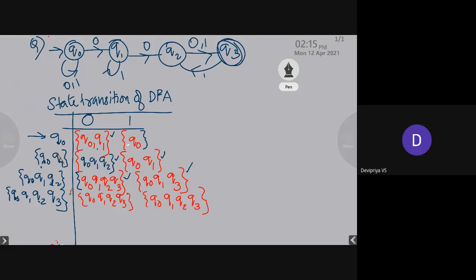So the states can be obtained from the given diagram. Q0, Q1, Q2, Q3, we have already taken the transition for, which is already obtained. So now we have one more state, which is Q0, Q1, Q3.